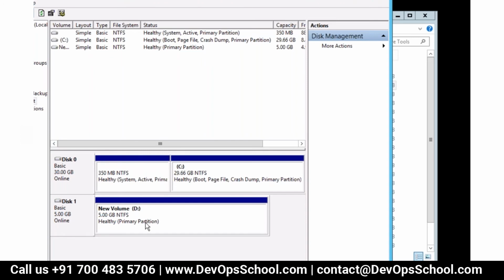So this is my D drive that got generated. I created this and attached this, formatted. Okay, so this is how you can attach an additional disk to a running instance.